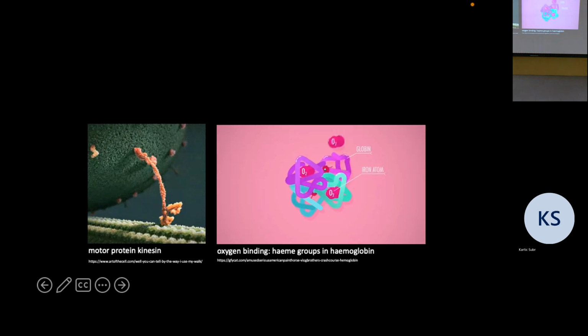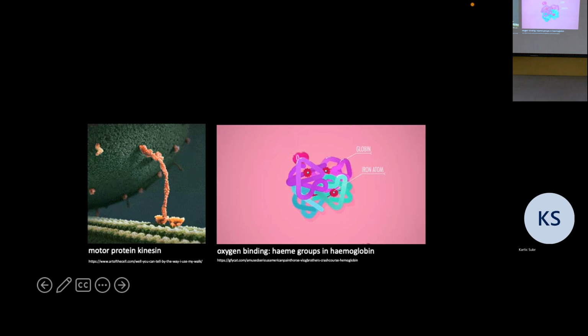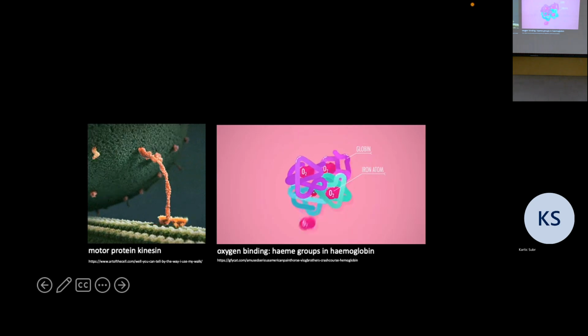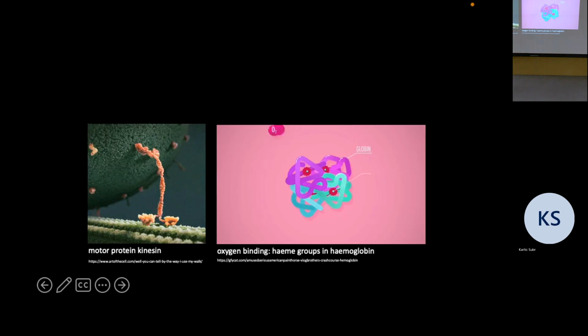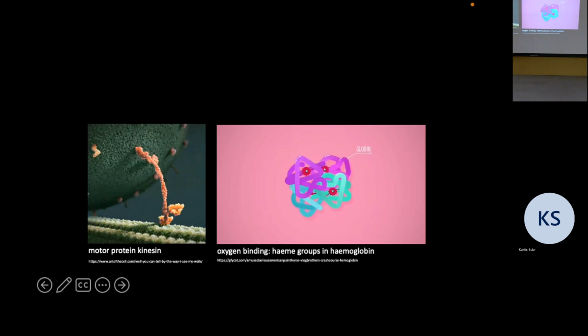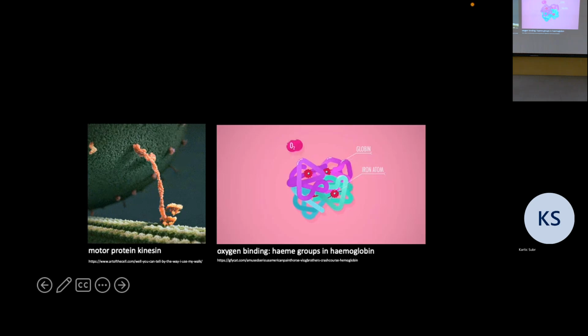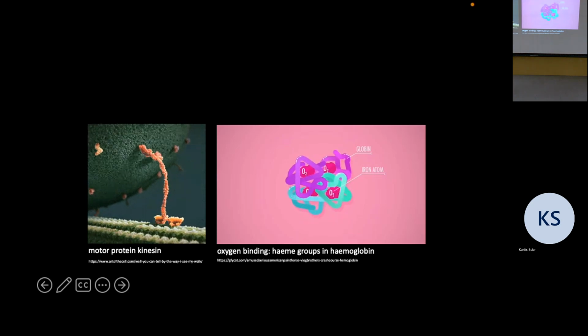For those of you who haven't seen it, this is amazing. The first time I saw this, I was just floored. So it's pretty much like a robot. This particular protein called kinesin is transporting something across in our body. And as you can see, each of these things creates a bond, breaks it, and moves. If that dynamics wasn't part of the protein, then it wouldn't be able to perform its function. It would just be like hair or nail, which are static proteins.